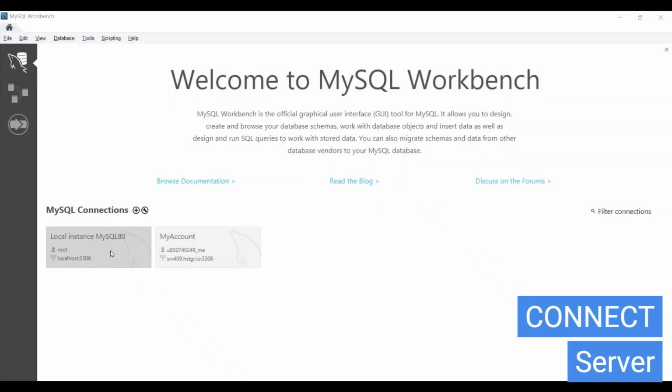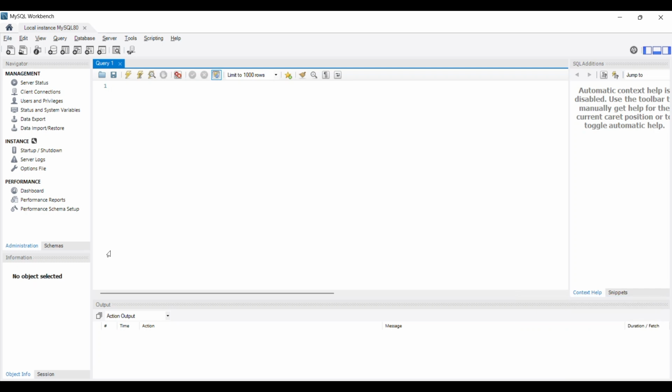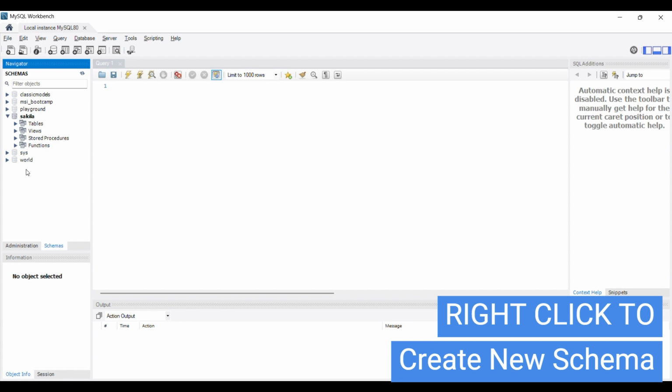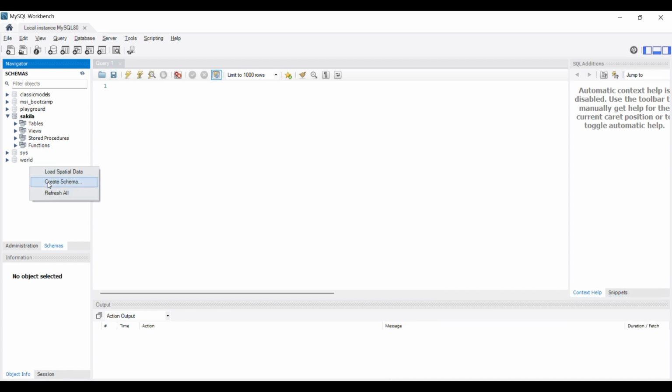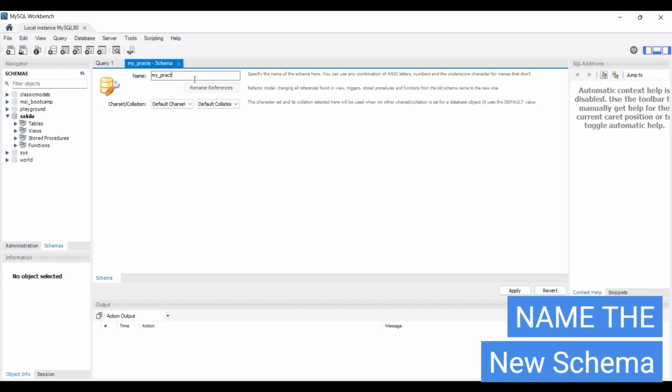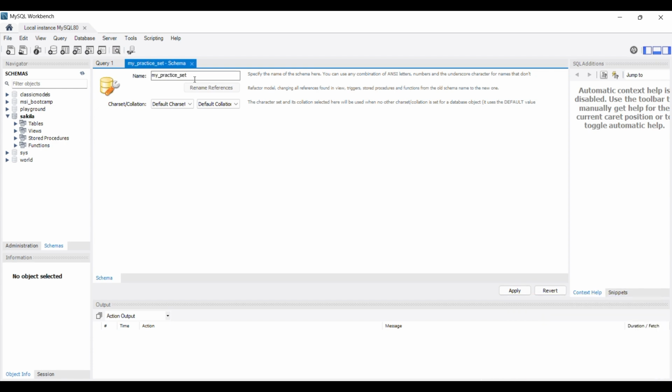Moving from spreadsheets to a real database system is one of the most important transitions you will make as an aspiring business analyst. Once you connect to the server, on the left, you will see the schemas panel. Think of a schema as a folder inside which different data tables exist, similar to how we keep multiple sheets